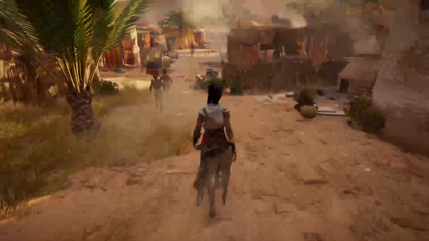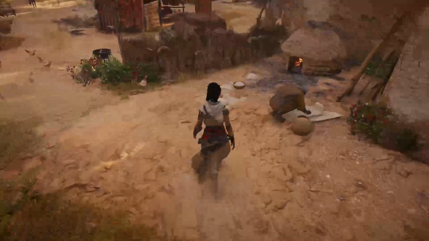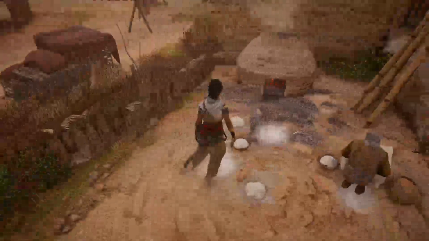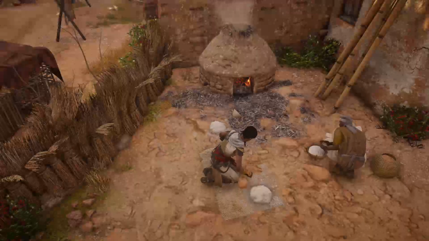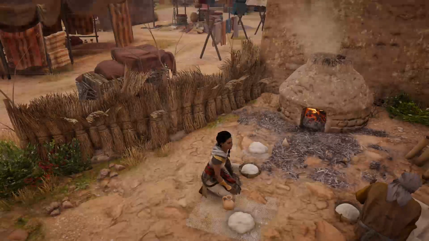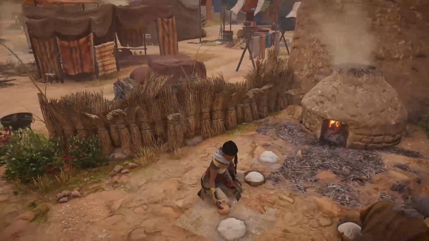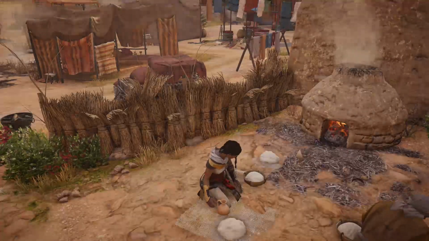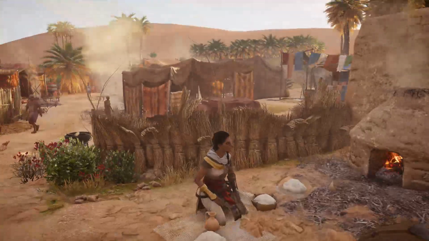And you see the children moving around. Here's a worker's animation. Now we can get Aya to sit there.